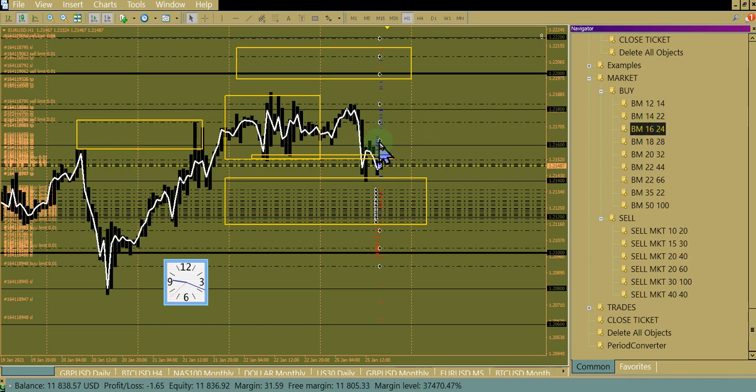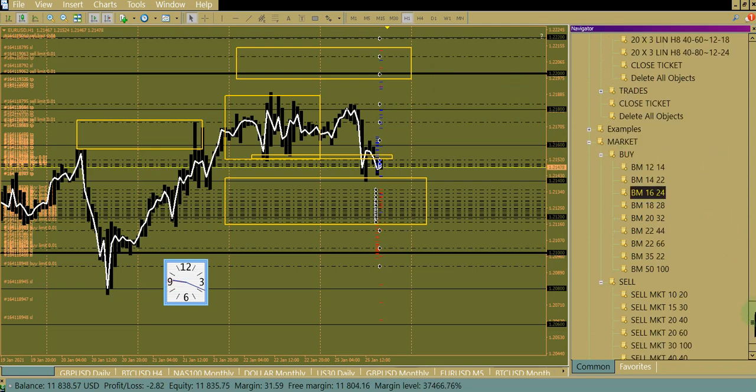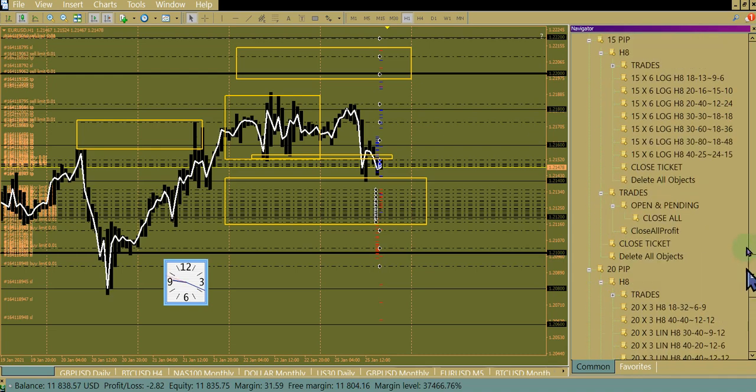I took off this ticket. I thought it was a little too aggressive. I want to start selling in new high territories. So I'm going to come in with the 15s. 15 pip window. I'm going to put in these anything from risk 20 pips to make 16. Now this is going to be the scalp.